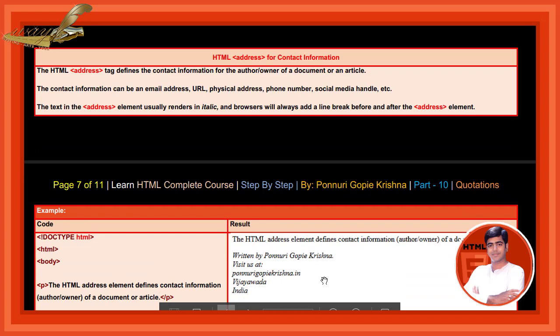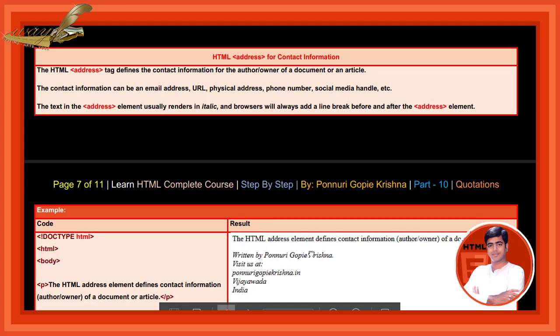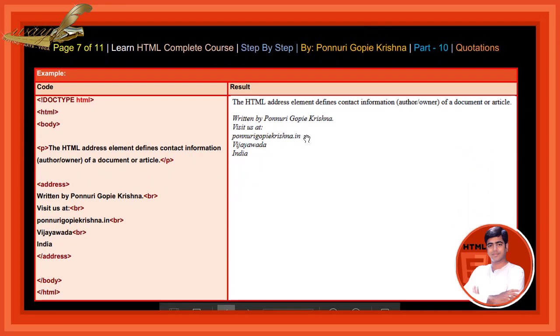HTML address for contact information. The HTML address tag defines the contact information for the author or owner of a document or an article. The contact information can be an email address, URL, physical address, phone number, social media handle, etc. The text in the address element usually renders in italic, and browsers will always add a line break before and after the address element. If you write and execute this code like this,